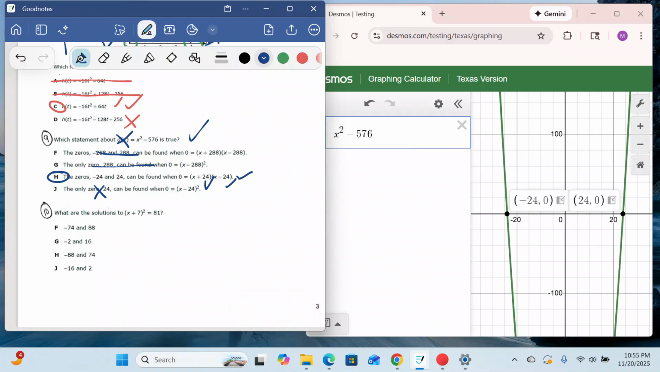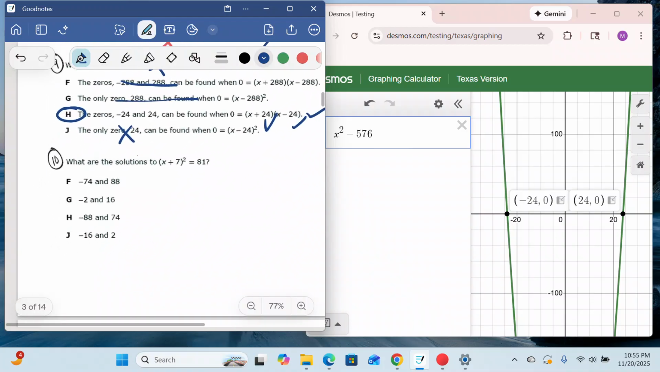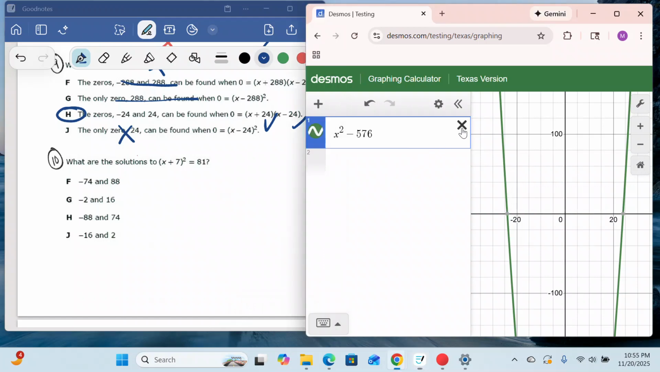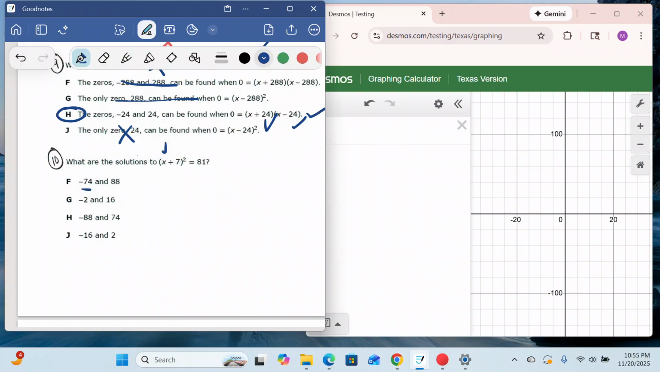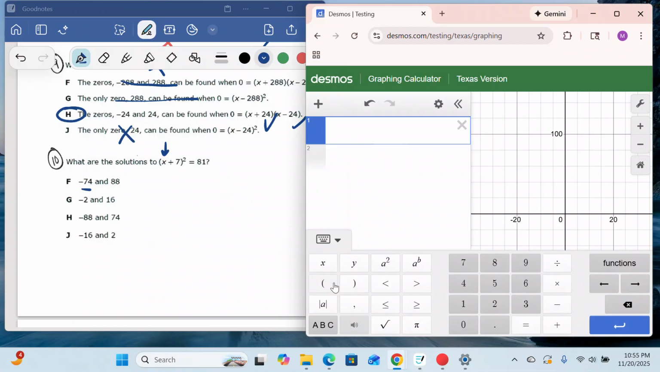Okay, so if you want to work number 10, what are the solutions of x plus 7 quantity squared equals 81? So what are we going to do here? We're going to check every single one of these answer choices by inputting it, and the one that equals 81 is going to be the correct answer. So all I have to do is input this. You may want to put the x, but you're not checking it that way. If you want to put the x, you can, but it's not going to give you anything. You're going to put 6 plus 7